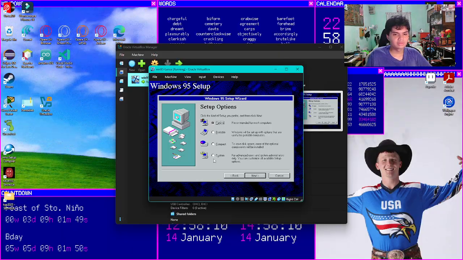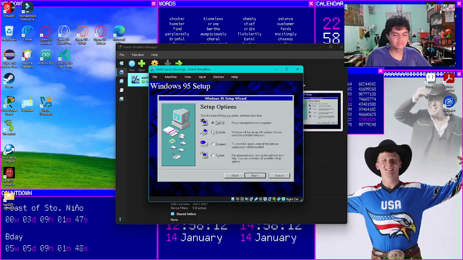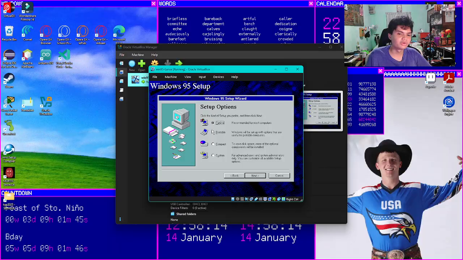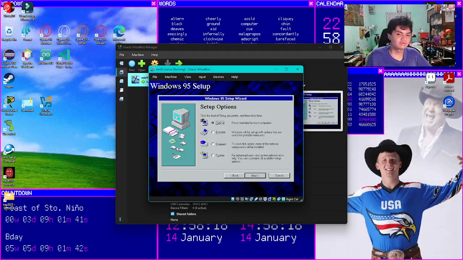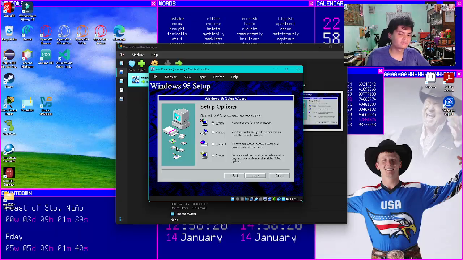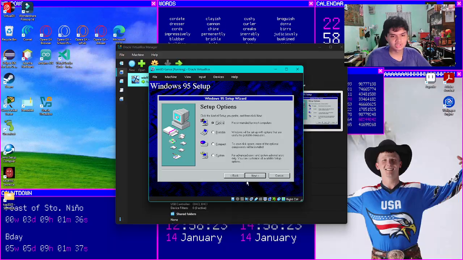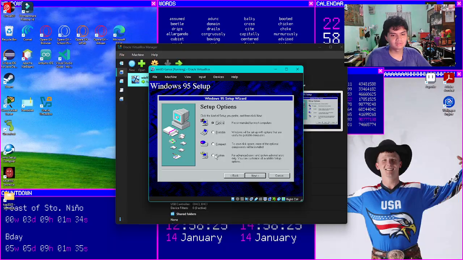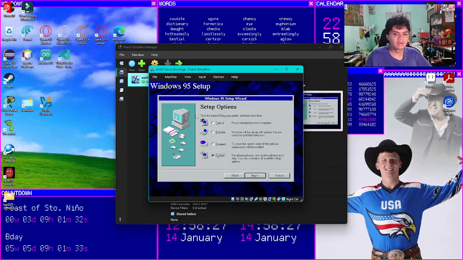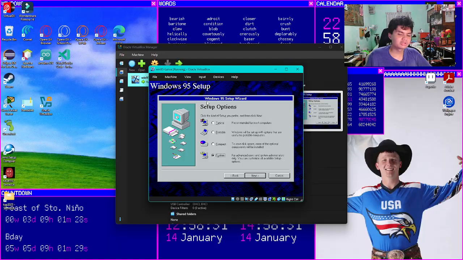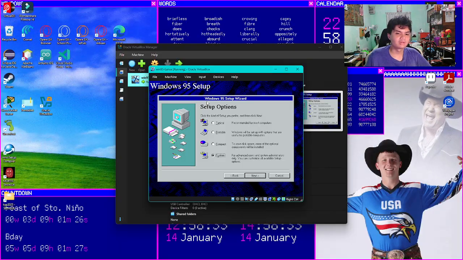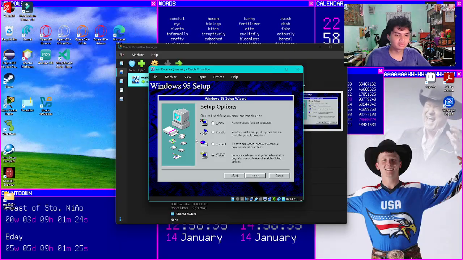There we go. So in Windows, there are a lot of setup options that are predefined for you. But in every edition of Windows, not just 95, there are setup options. But now we're gonna use custom because custom is for all available setup options. It means it's the most customizable among the four in the setup options: typical, portable, compact.